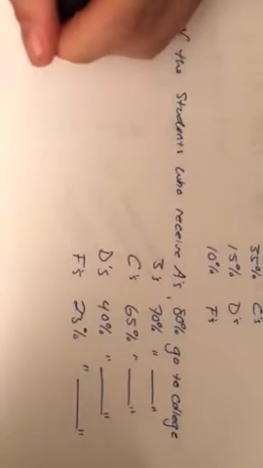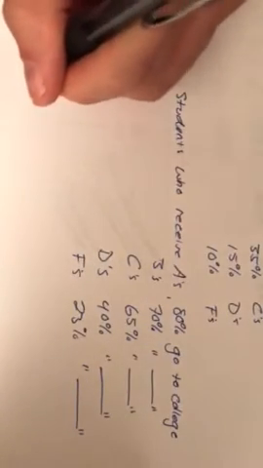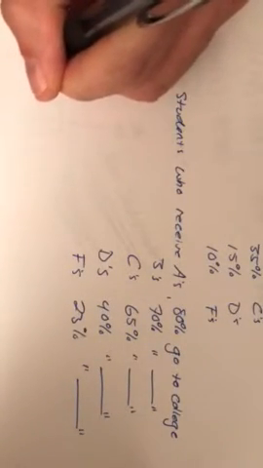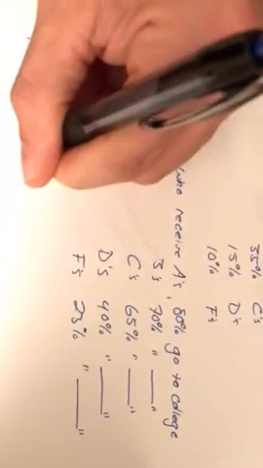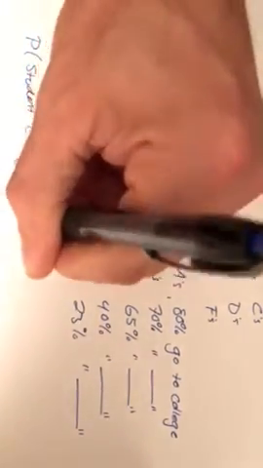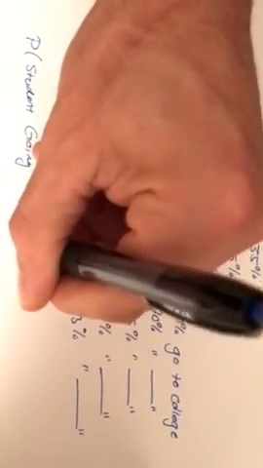So I got a lot of information here. And it's really hard to organize this and kind of keep it up, especially if I said, what's the probability of a student going to college? In my